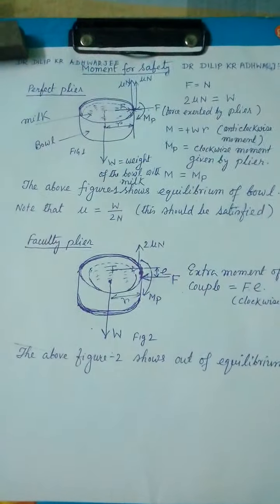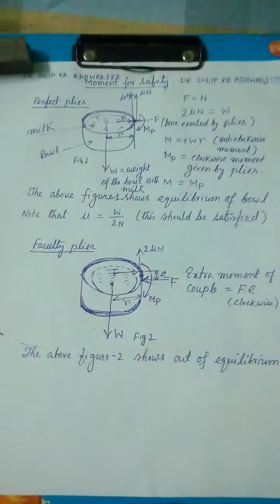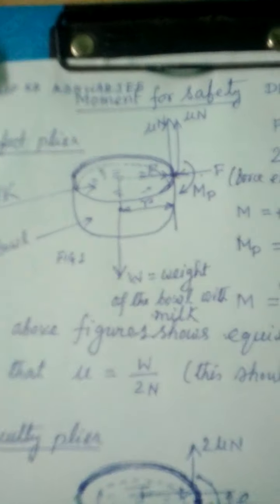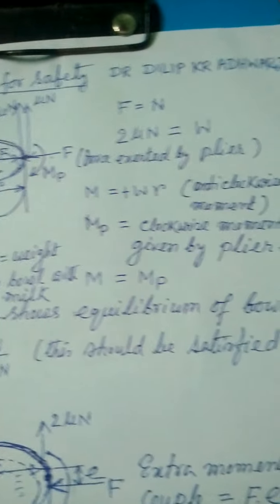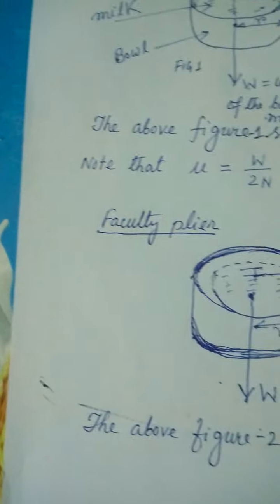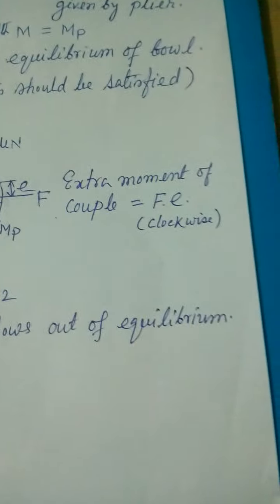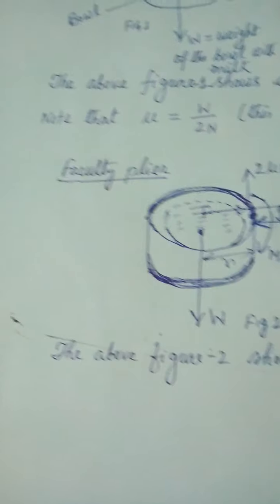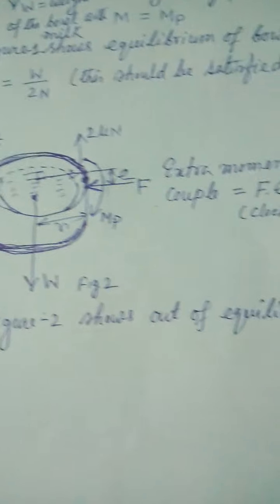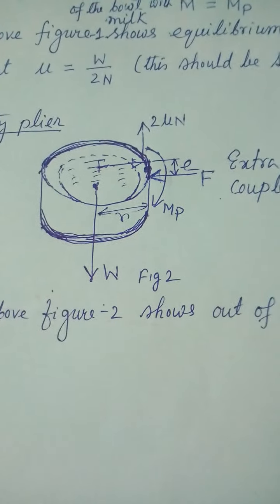You can do it yourself or you can get it made outside. Now I will roll on so that you can see it, and if you have any questions you can give them in the comments. This is in equilibrium, but this is not totally in equilibrium. There is an extra moment, and due to that moment the bowl is tilted. Thank you very much.